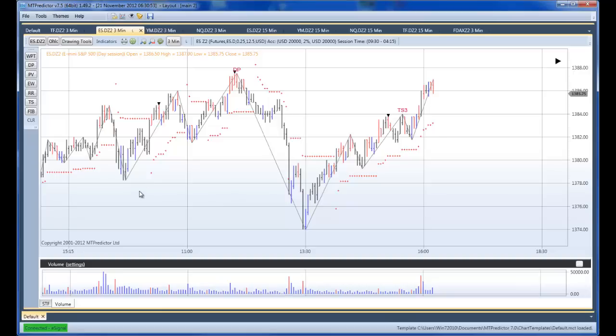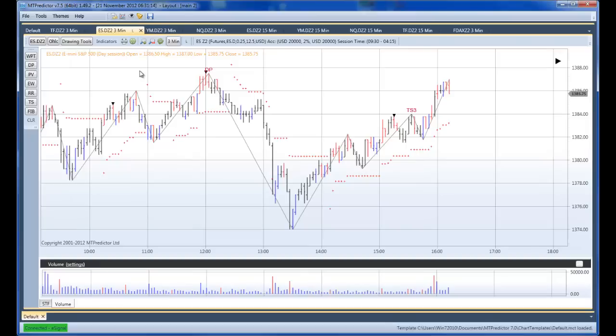In today's video I'll be using the new MTPredictor version 7.5 beta to have a look at the USE minis and how they unfolded yesterday, particularly as the more advanced traders would have used the larger degree trend. So for your 3 and 5 minute charts, which is what I'm looking at here, this is a 3-minute chart of the ES. And I want to particularly have a look at this DP sell at basically the high of the day yesterday. So if we go to the 15-minute charts, I'd like to start on the YM